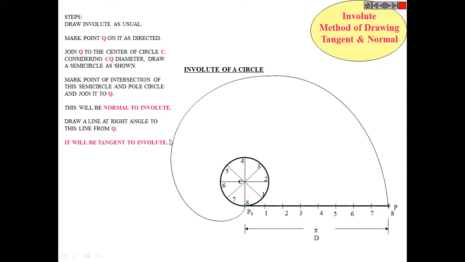Now, see here, it is the method of drawing tangent and normal. So we also need to add that in our sheet problem. Fine. So we will see how to draw. It is very, very simple. Once you know how to use your tools, that is a very simple and fast subject. You can cash in on all the marks in this subject. Okay, this is the involute we are already having. Fine.